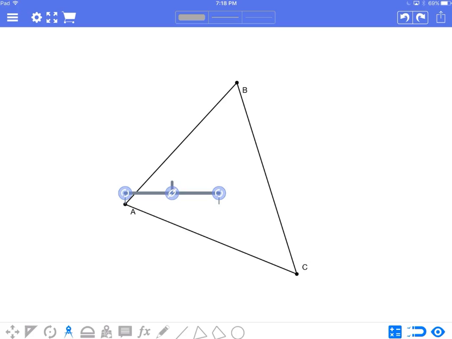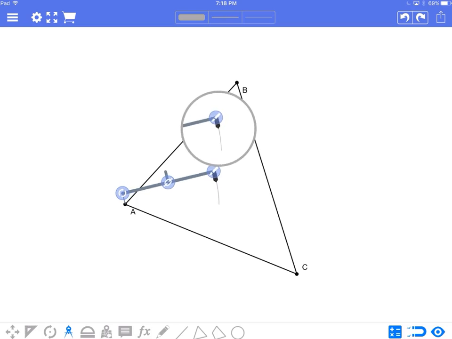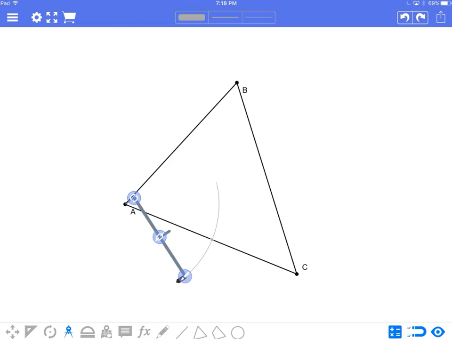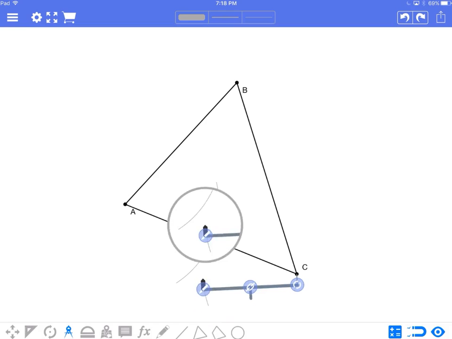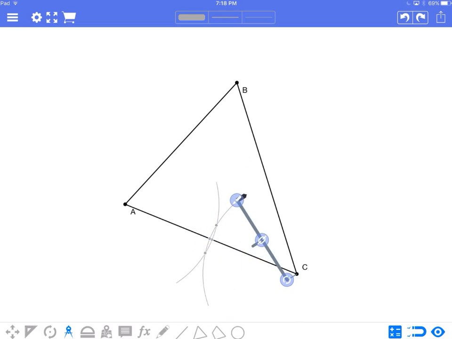Alright, I'd like to demonstrate how you do the construction of this. Now I'm going to do it with the tech tools. You'll do it with probably the compass and the ruler. Basically, you're going to create a perpendicular bisector from each of the sides of the triangle. So what I'm going to do is create an arc from both sides. And the way I do that is basically, your standard construction